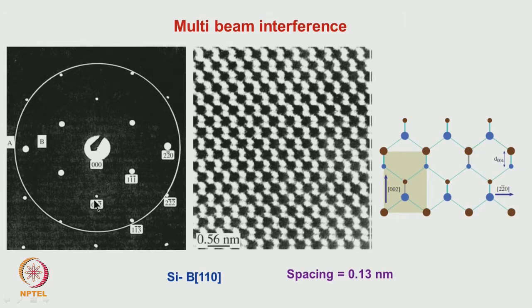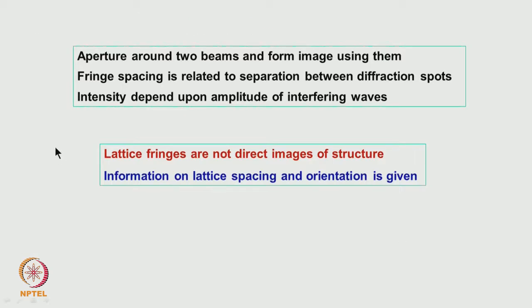Actually, we have not used the diffraction pattern corresponding to 004, so we should not get fringes corresponding to that. This is one thing we should keep in mind in all these images. Another is that it only gives the diffraction plane spacing, because if you wanted to know the atomic structure, we should know which positions are being occupied by atoms on different planes. That information does not come from this interference fringe contrast.